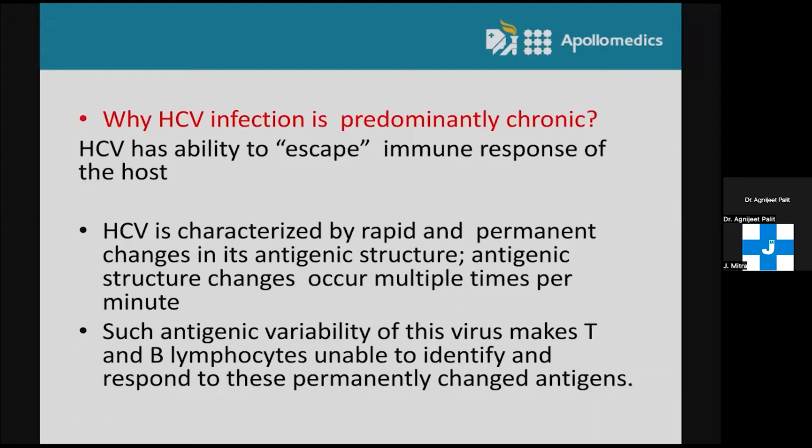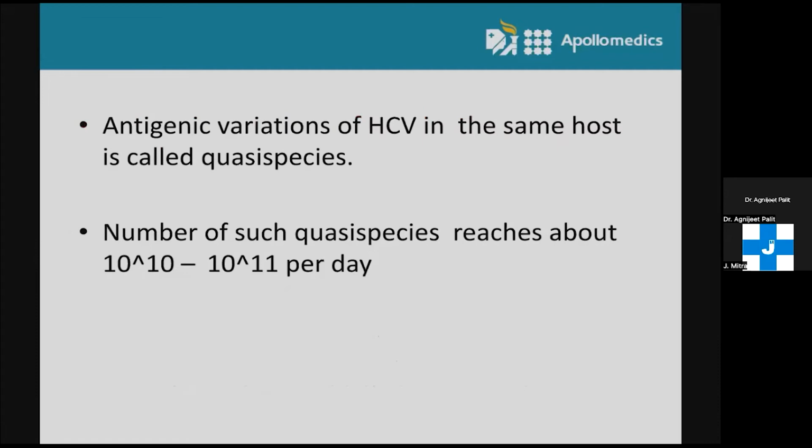This is similar to HIV, where again at a particular time there are quasi-species present together in a single individual, and the reason is the same. The polymerase enzyme lacks the proofreading ability, and due to this, the error-prone replications are not corrected, and that is why at a particular point of time there are antigenically different quasi-species present together, and this is the reason why this infection tends to be persistent or chronic. The number of quasi-species reaches about 10 to the power of 10 to 10 to the power of 11